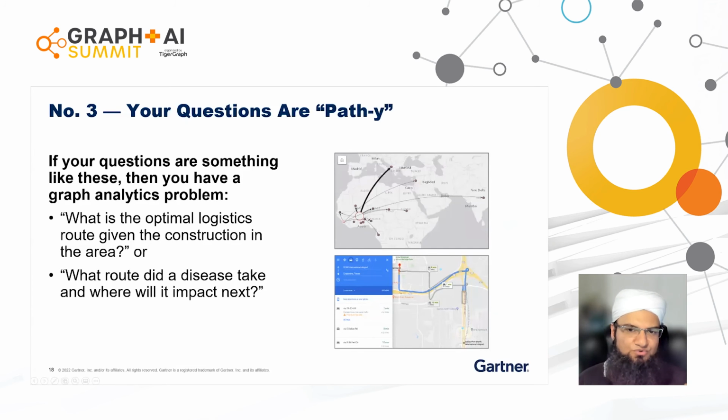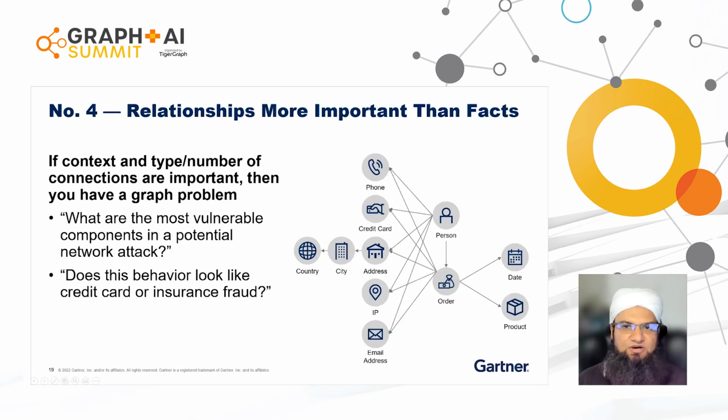Now, the third clue that graph is the right approach is if the questions that you want to address or your business problem that relates to finding something is something where you're trying to find an optimal or alternate route. So we call this pathy questions, or as we saw with decision intelligence, you need to model and predict courses of action or scenarios which also incorporate a level of uncertainty, and you need to test and iterate over certain scenarios. The fourth clue is about understanding the relationship between the data rather than the actual data values alone.